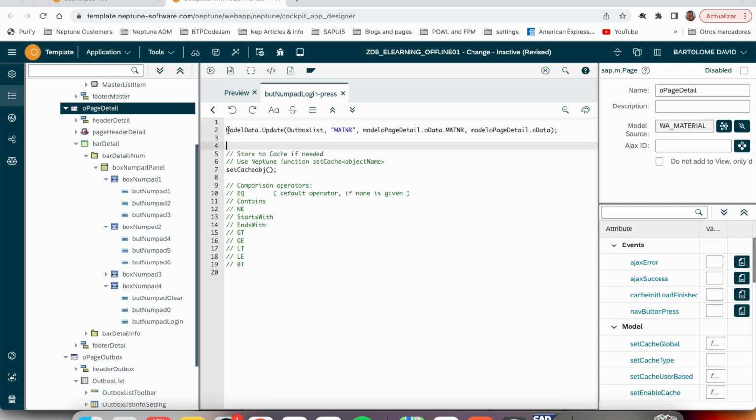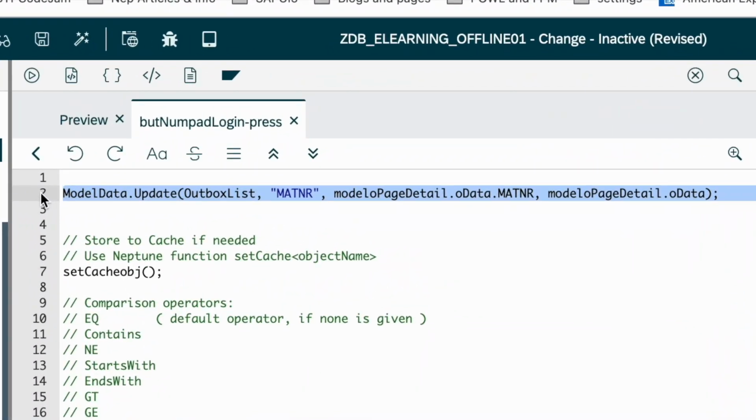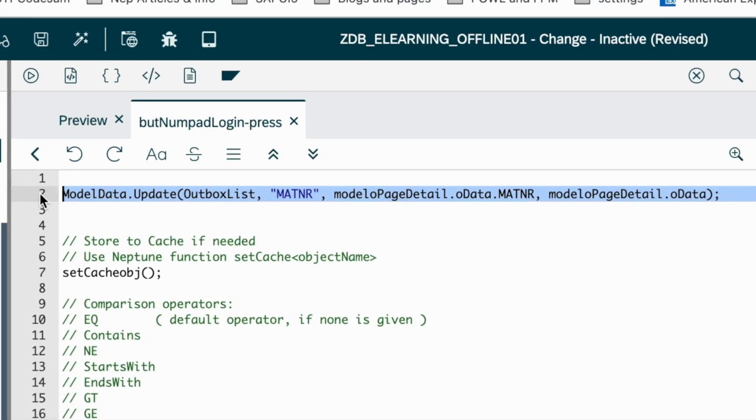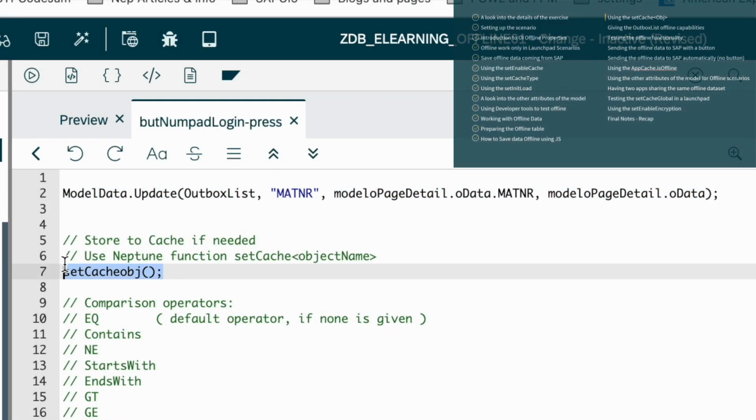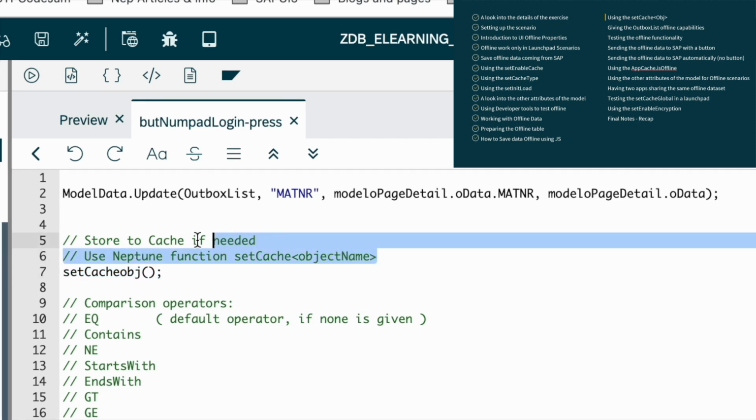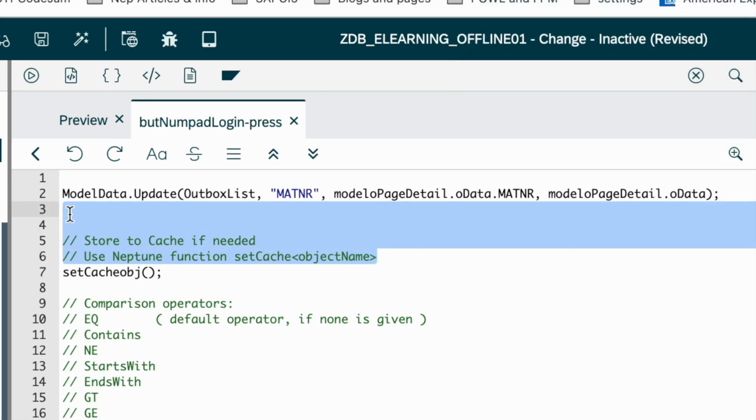With these, I am updating the list, but I'm not saving the data offline. If I only do this line of code, whenever I reload my application, outbox list will be empty. So the magic happens now. Do you see this code here? Set cache. This is the way that we can save data into the storage of the device where the application is